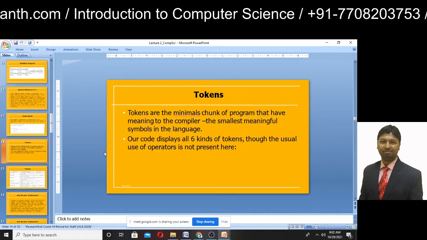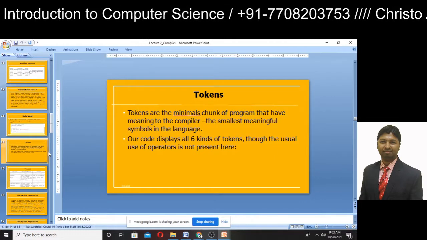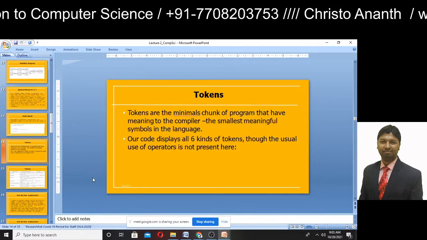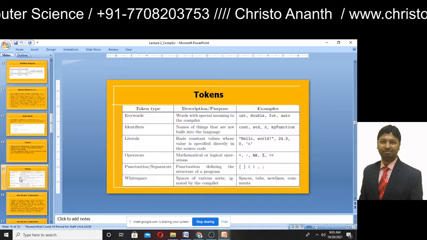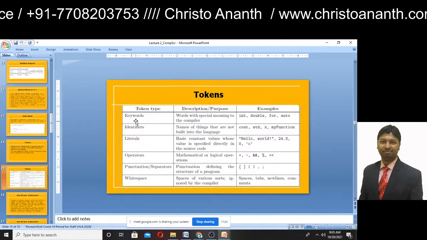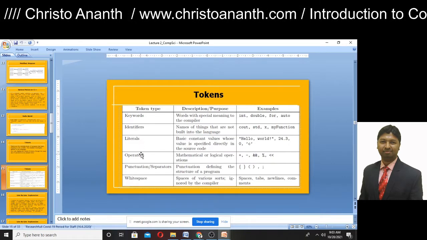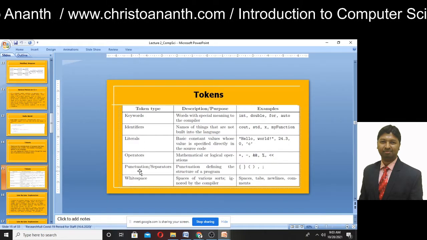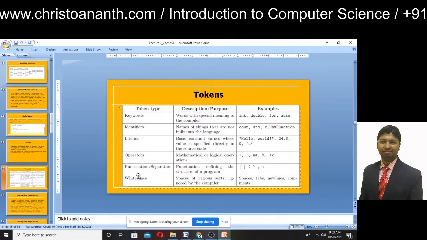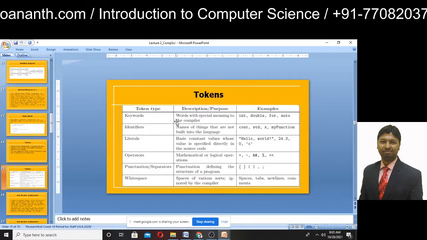So generally we have many different types of tokens. Normally six kinds of tokens are available. So you can discuss tokens like keywords, identifiers, literals, operators, punctuation or separators, and white space. Okay, so you can give some description.